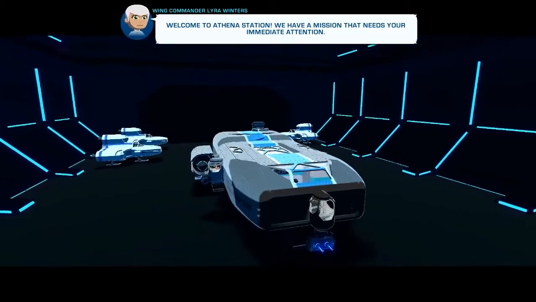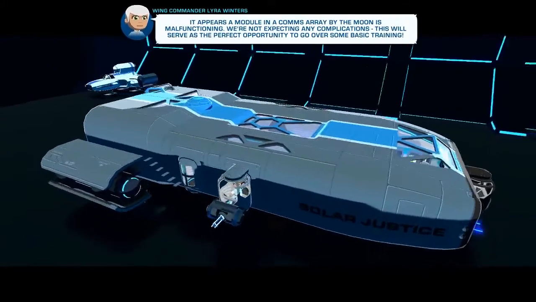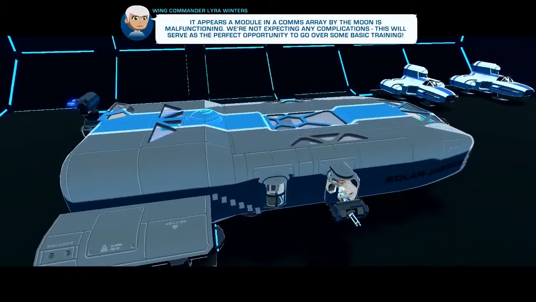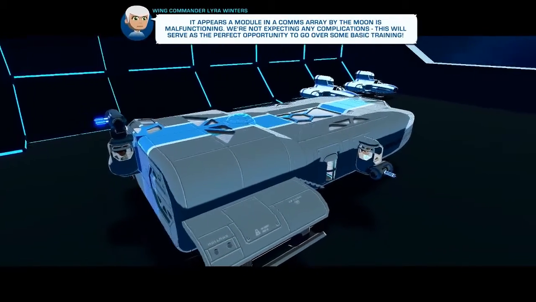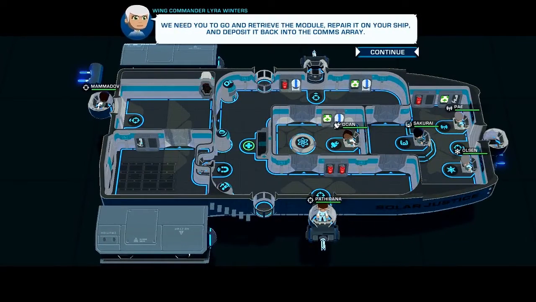Welcome to Athena Station. We have a mission. Oh, geez. It appears a module and comms array by the moon is malfunctioning. We're not expecting any complications. This will serve as the perfect opportunity to go over some basic training. We need you to go and retrieve...